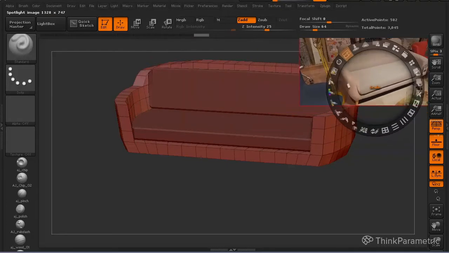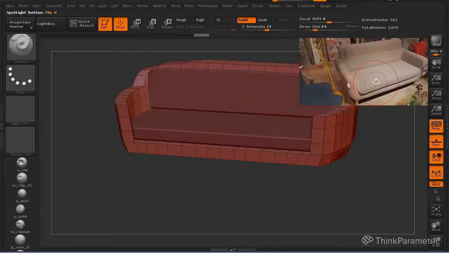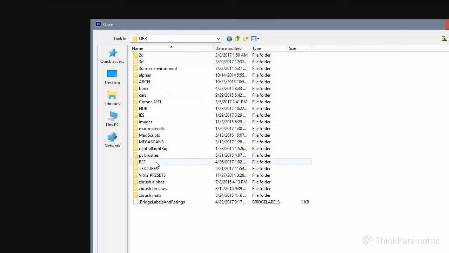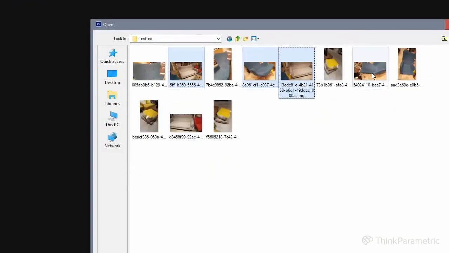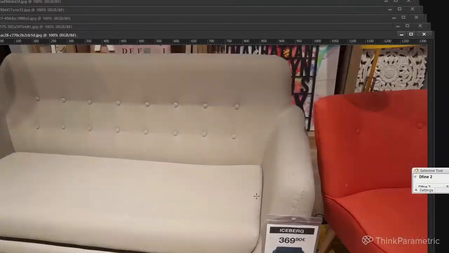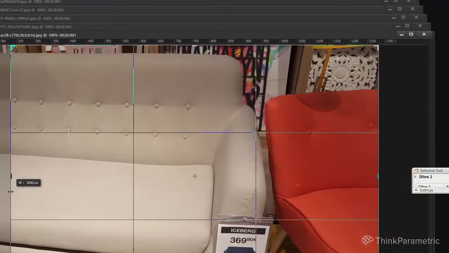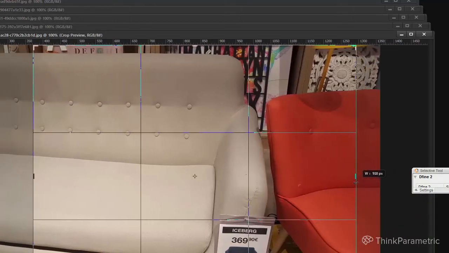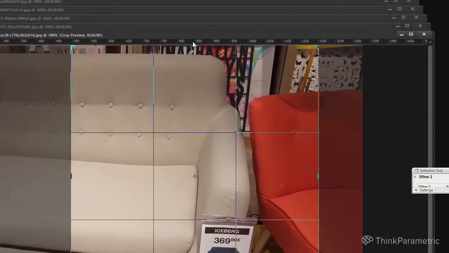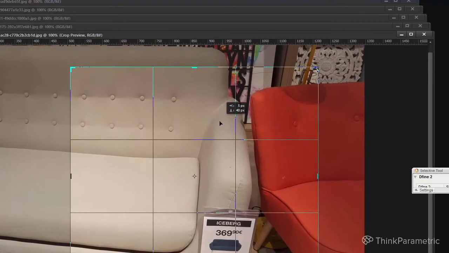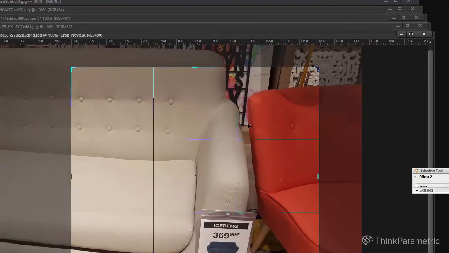For now, what we can do is go into Photoshop, open our references and crop exactly what we need. In this case, we can take only this part of our picture. Look, even here we have a good reference.